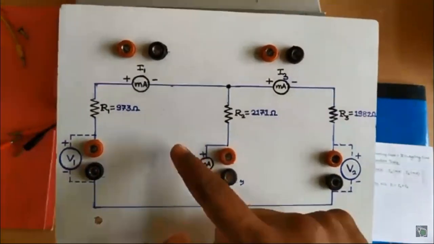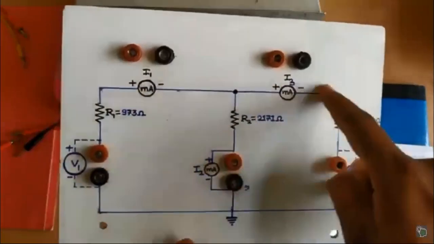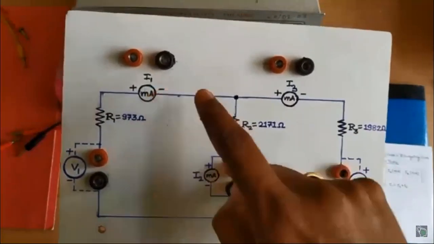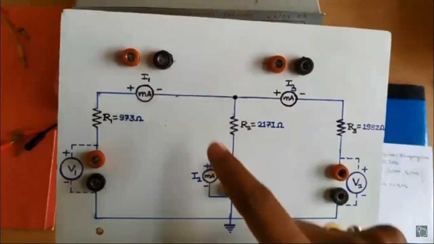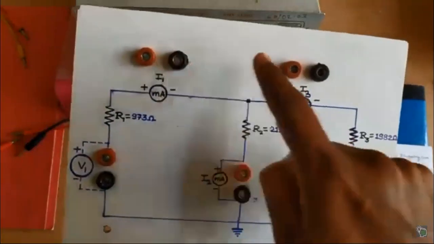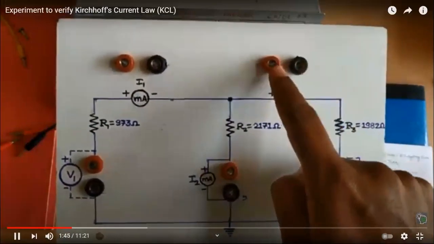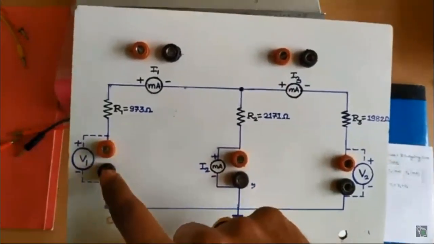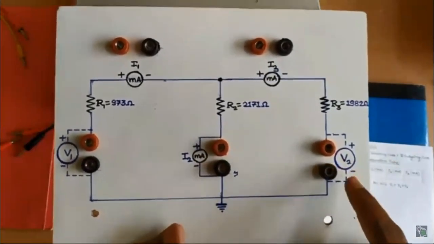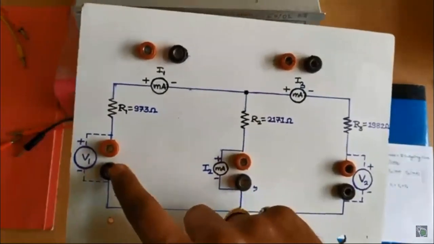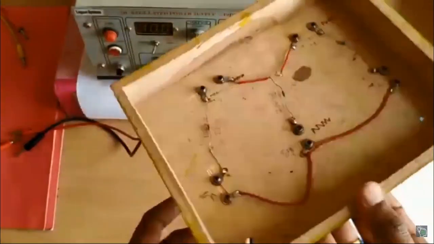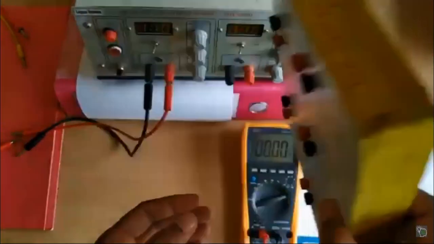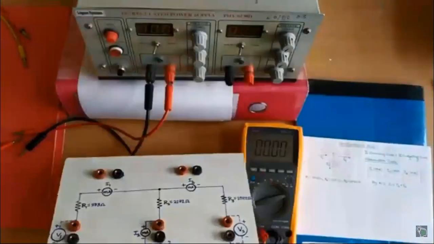Here you can find that we have this T-type network. R1, R2 and R3 are used. In order to measure the current flowing through these resistors, we use I1, I2 and I3. These are the connectors where we externally connect ammeters. In this we have 2 loops, so at a time we can apply 2 voltages. But as per our circuit diagram, we need only 1 voltage source. From the back side you can see that we have already soldered the desired values of resistances. So this is about this experimental board.